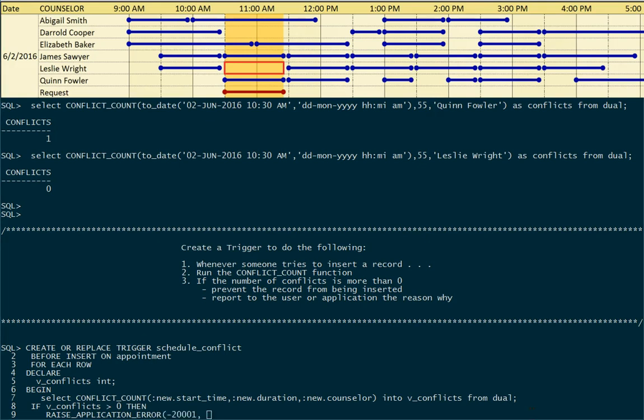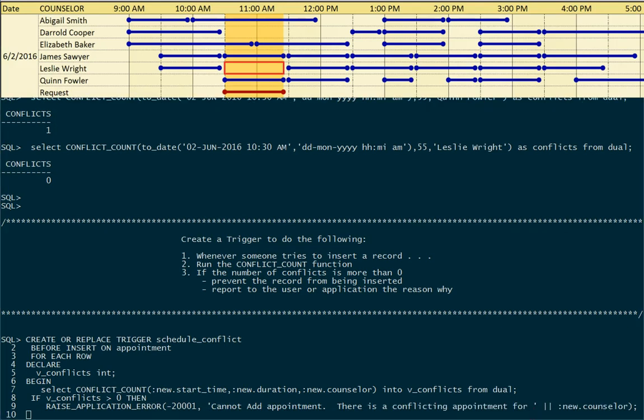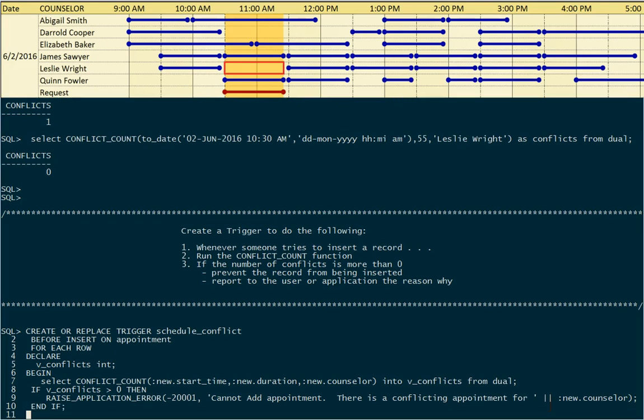We'll give it a number. The number is so that an application that's running this insert statement that gets the value back will be able to look at just the number and know what's happened. And so the number that we choose here is arbitrary, but we'll need to communicate that number to a developer so that they can interpret the return response accurately. And we'll also give a value that can be read by a human. And so in this case, when the error happens, it'll say cannot add appointment. There is a conflicting appointment for, and then it'll put the name of the counselor that's trying to be inserted. And that's the end of the work of the